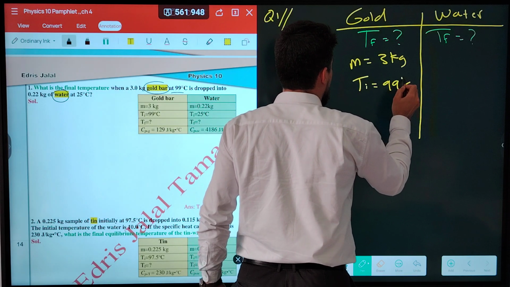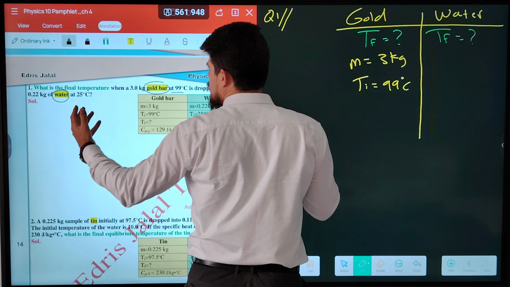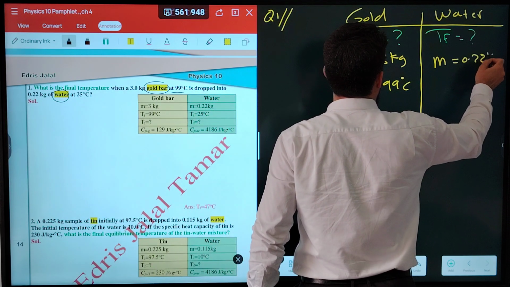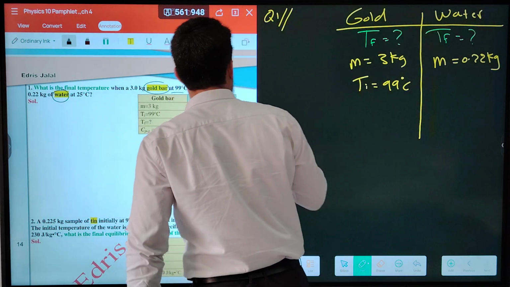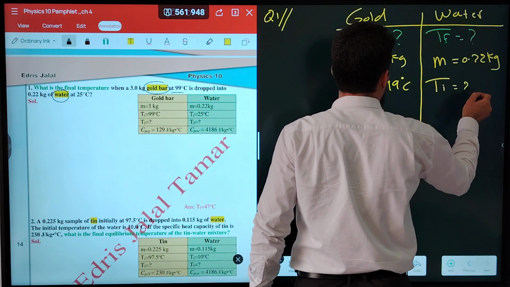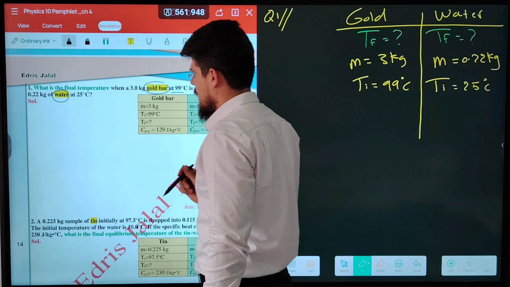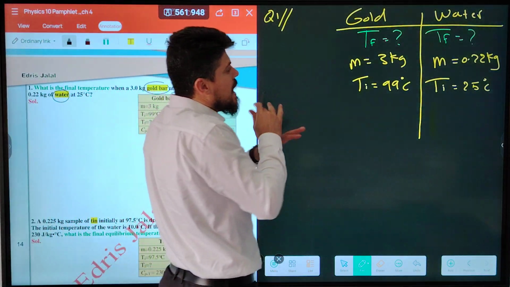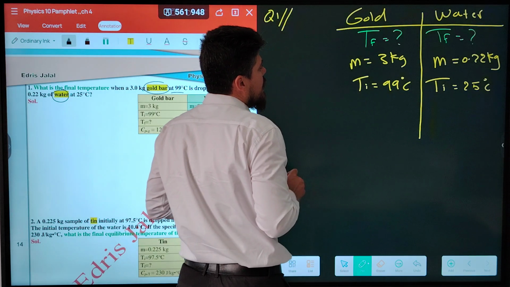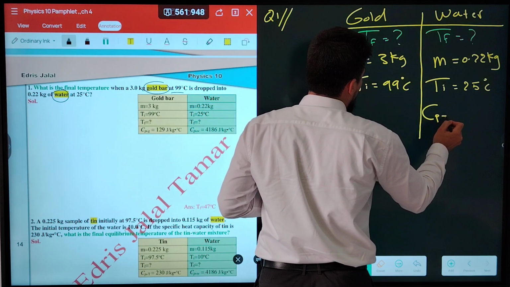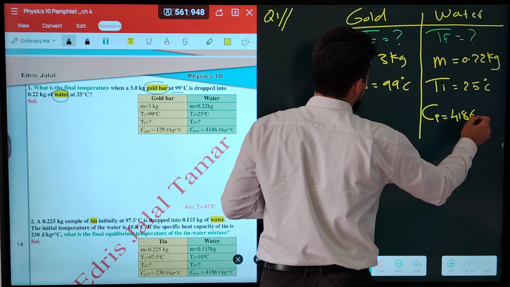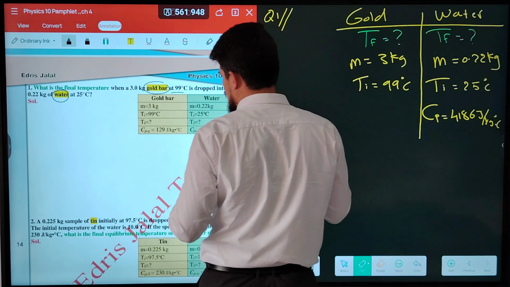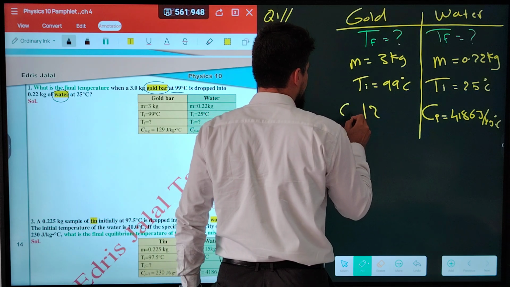initial temperature 99 Celsius, is dropped into 0.22 kilogram of water. Mass of water is equal to what? 0.22 kilogram of water at 25 Celsius. T initial is equal to what? 25 Celsius. What is the final temperature for both substances? Both of them have the same final temperature. Cp of water is equal to what? Constant 4186 joule per kilogram Celsius, and Cp for gold is equal to 129